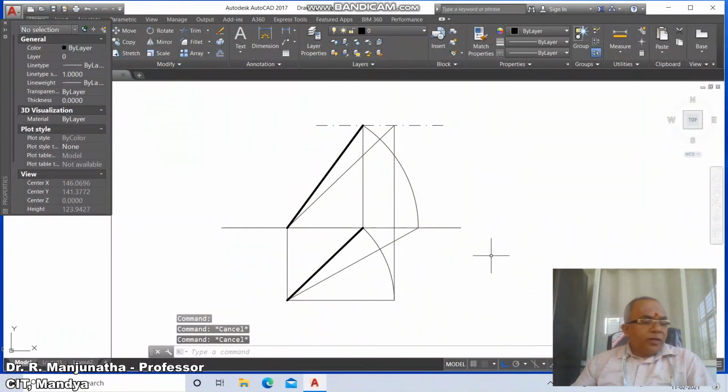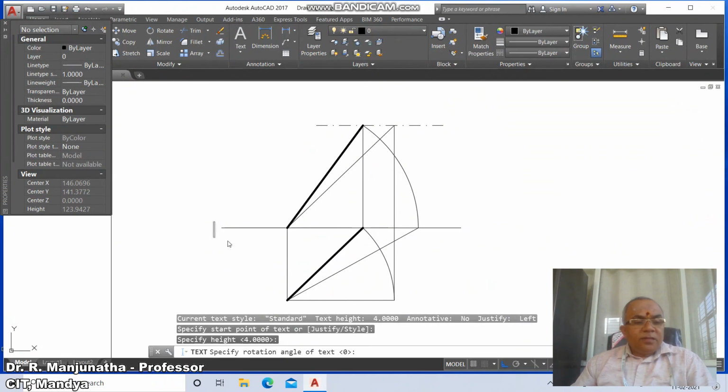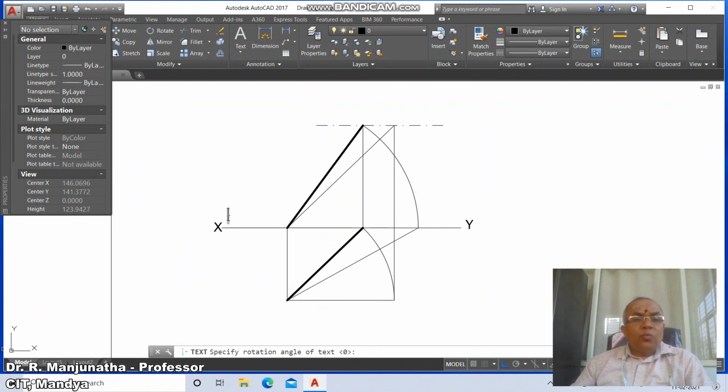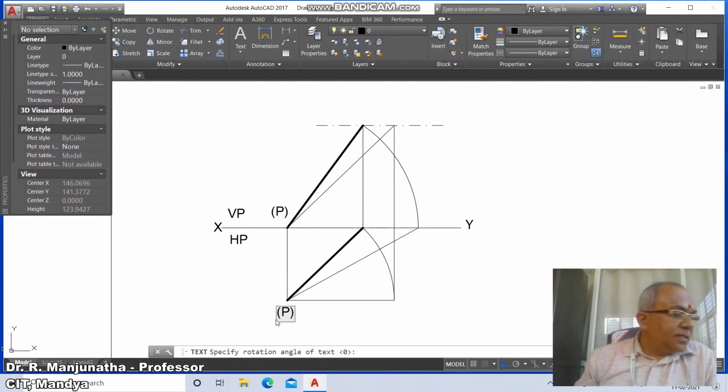Now we will go for the dtext, and here you just click on this and type capital X and capital Y here, and here you mark this as VP and you mark this as HP, and similarly you mark this as capital P in bracket and you mark this as capital P in bracket.